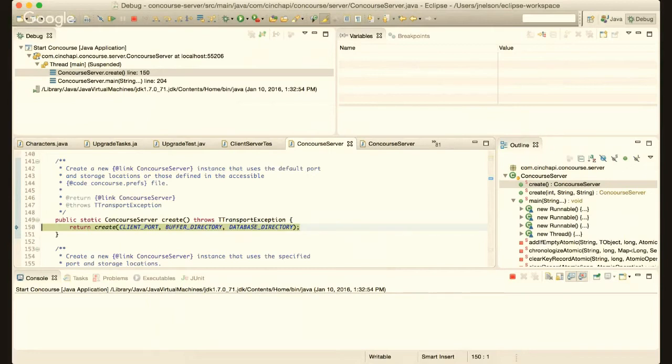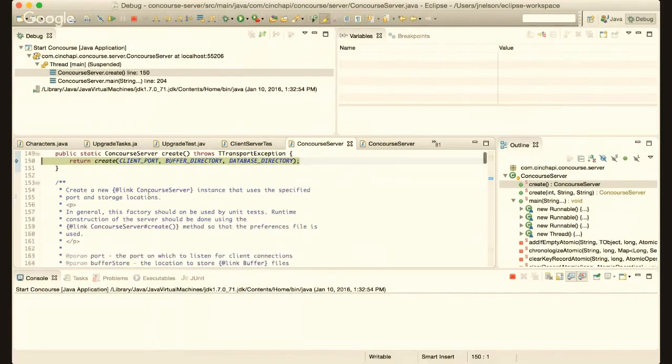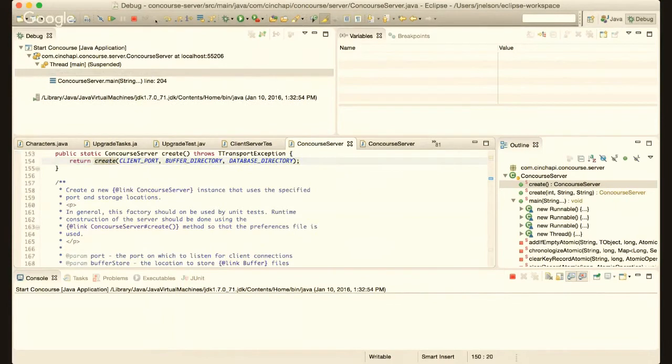These values come from the concourse.prefs file. So if we wanted to change these values, that's how we would do so. We would just change it in the concourse.prefs file. The reason that there are two methods, the reason that there's this method that explicitly takes those values as parameters